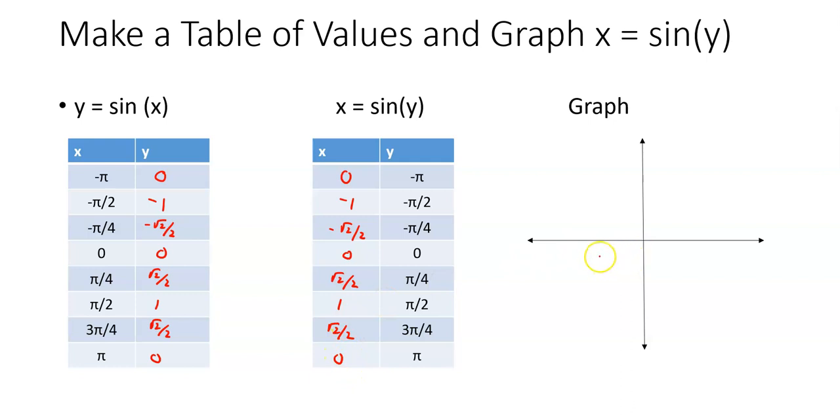All right, so what does this look like? It looks like the x's go from negative 1 to 1, and then the y's start here at negative pi, they end at positive pi, and so that might be reasonable to call pi over 2, and that would be negative pi over 2, negative pi. So in terms of points, 0, negative pi, that's right there, negative 1, pi over 2,